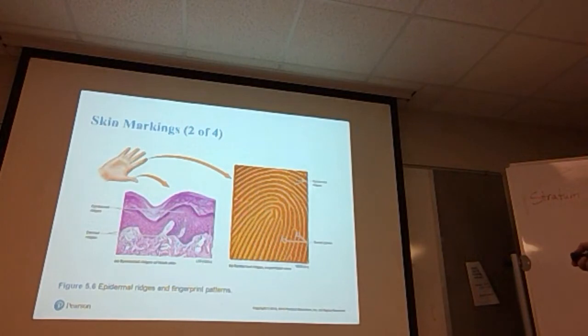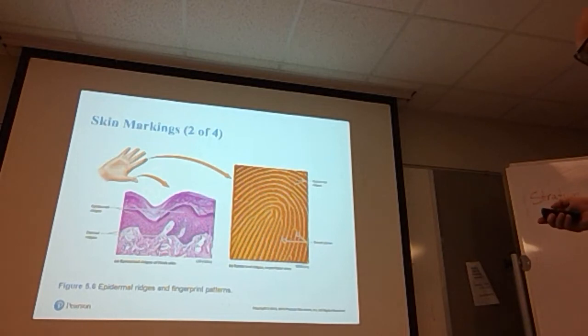There's a classic fingerprint, magnified. It's a scanning electron microscope image that is magnified many times more than 9, probably 9,000 times. But there are the sweat pores. All of those little dots you see, those are the sweat pores. There are the epidermal ridges and the dermal ridges, and you see how they're creating the loops and whorls and arches